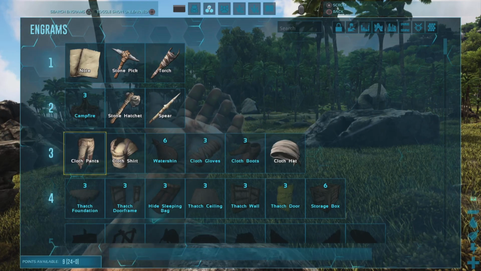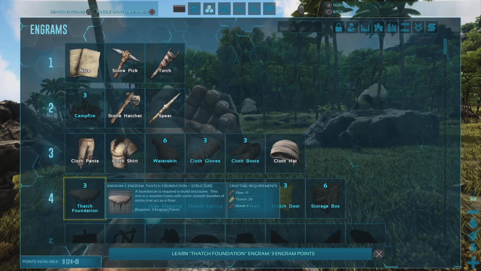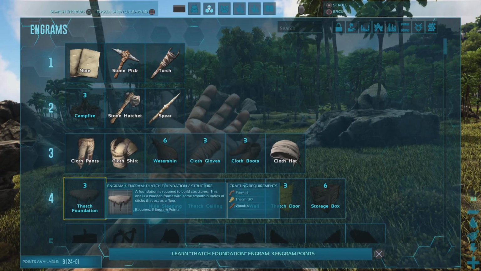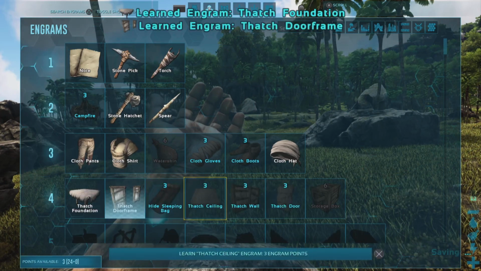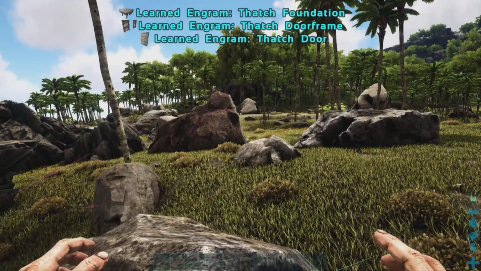What's more important is getting a little bit of armor that you can easily make with just fiber, and then getting a house or a little hut built. So after learning those 4 or 5 engrams, I work on thatch foundation, thatch door frame, thatch door. And there we go. So now we can